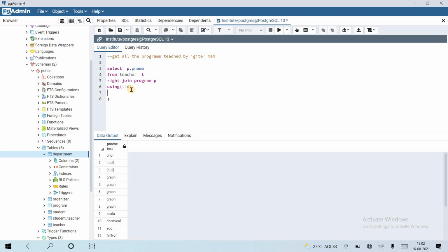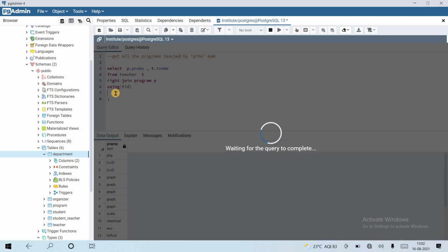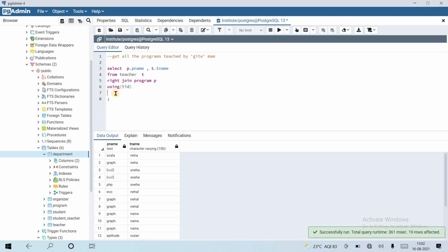So if I use it here, let's fetch the teacher name also and arrange in ascending order, so that we can fetch the programs associated with the teacher. We want all programs taught by teacher name Geeti. Okay, let's run this first. We have teacher name as column 2, order by 2, that's it. Ordered by teacher name, Naina is first, so use Nutan. We have Geeti also?